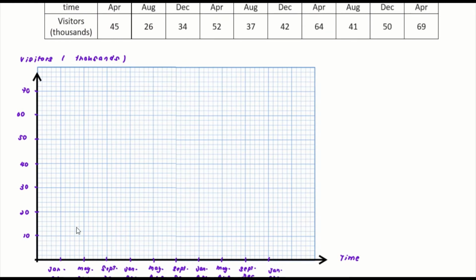So the first one we have 45, so it's the first dot here. So 45 is in the middle. All right, then after that 26, so 26. Okay, then the next one 34, 52, 37, then we have 42,